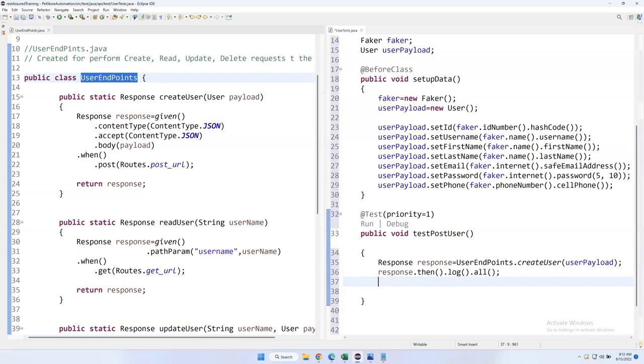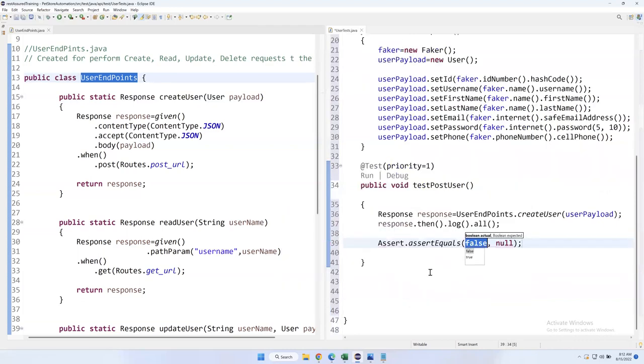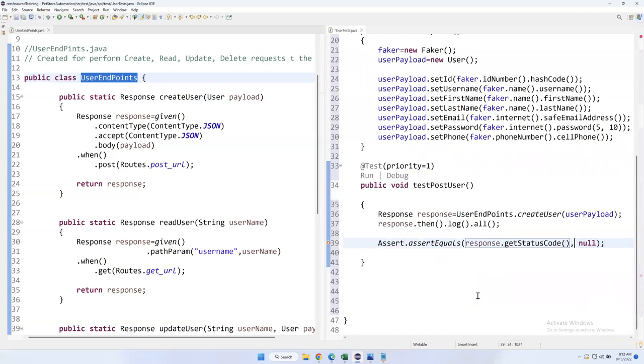Suppose I want to validate the status code. We can put one assertion: Assert dot assertEquals, and what is the response status code? How to get the status code from this response? Response dot getStatusCode. This will give you the status code. What is your expectation? 200 is my expectation. So that is one validation. Similarly, the data also we can validate, and the status line, everything we will be able to validate